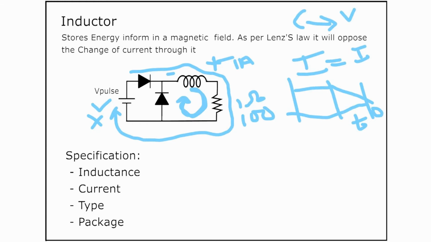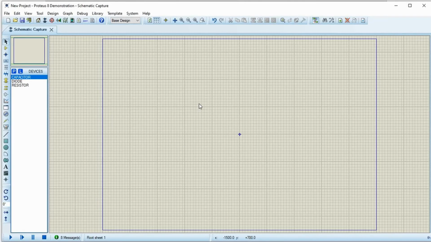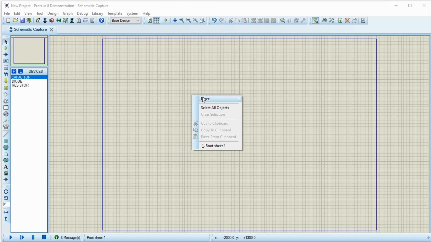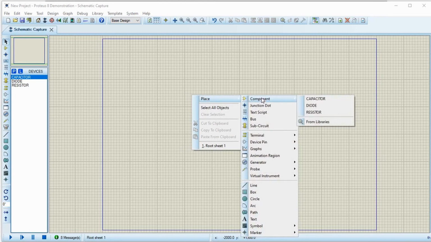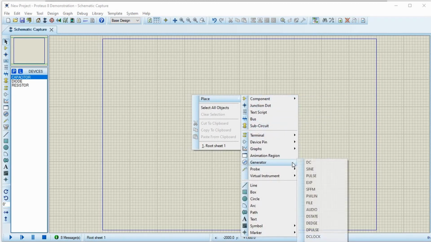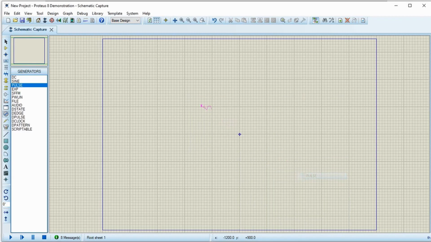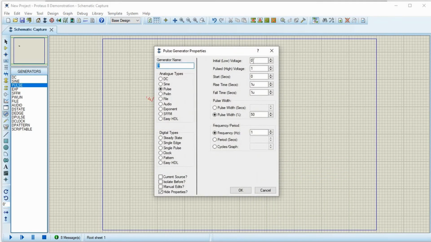Okay, let me open Proteus. Let me put a V pulse. 10 volts. Frequency, let's go for some 10 kilohertz.